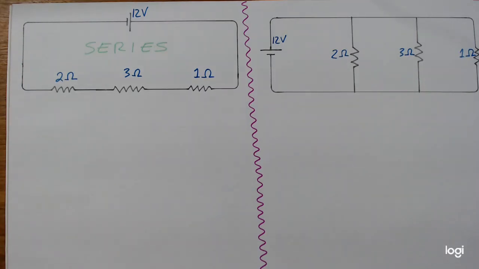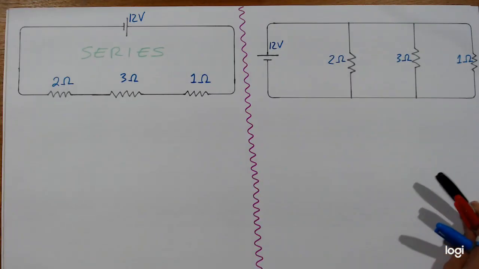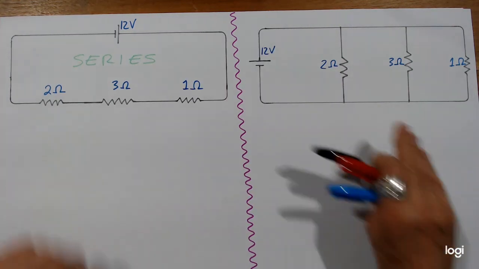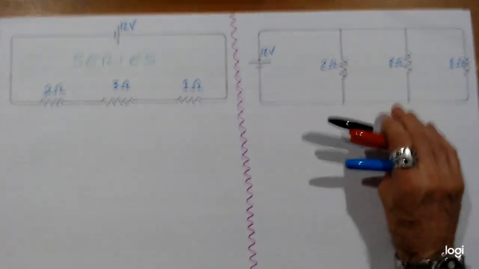Hello friends, this is all about combining resistance and various calculations involved therein. I've got two circuits here. One circuit is a series circuit and the other circuit's a parallel circuit, which I've just realized I've forgotten to